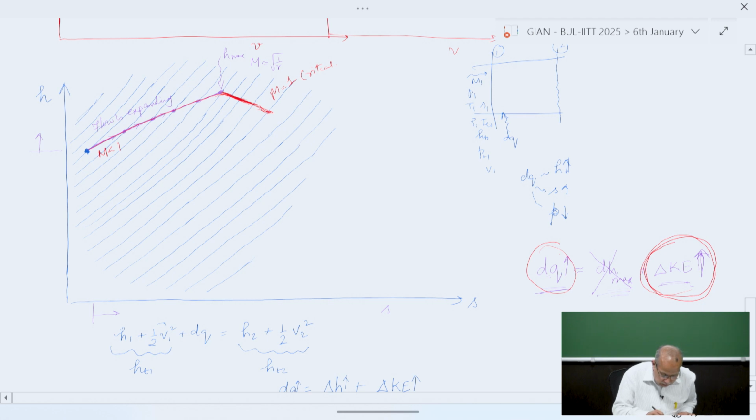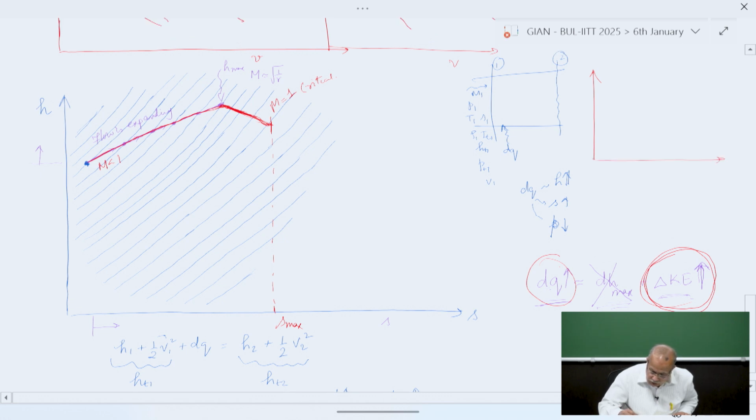Addition of heat will cause a subsonic flow to accelerate to reach H max and then continue to accelerate until it reaches a critical point, M equal to 1. Now here you can see this is S max, because that is what we have seen on the Rayleigh